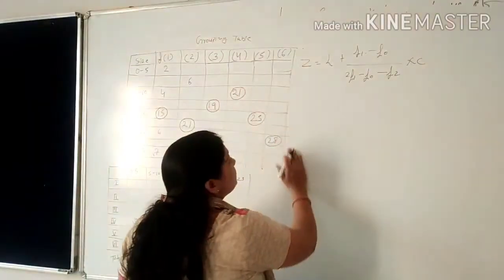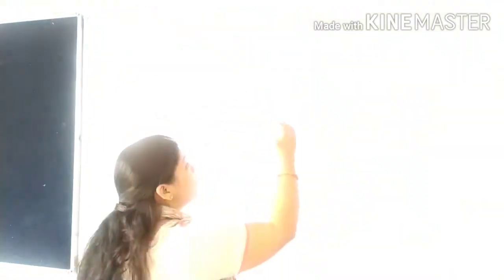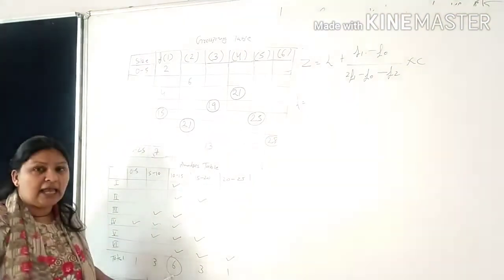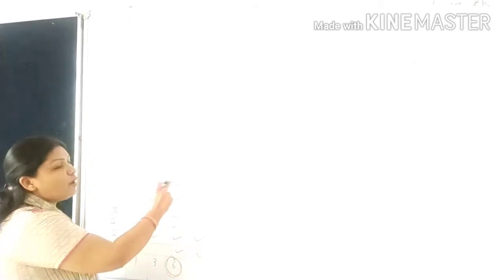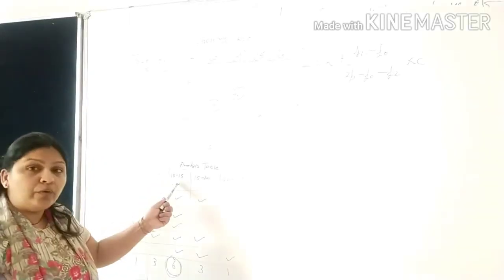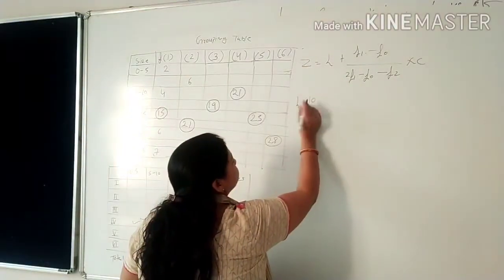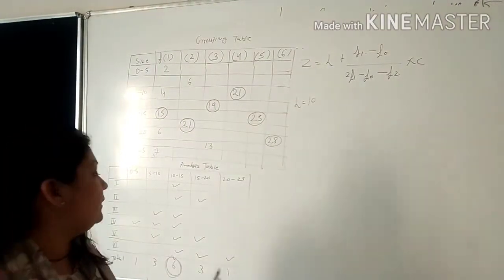Now for that purpose, our first question is, what is our L? Fine. So our L is, which frequency do you find in the analysis table? Which one, 6 is the highest frequency. So what is the group? 10 to 15. So among these, what is the lower value? 10. So your L is 10. You got my point? Your L is 10. Because you find that in the group analysis table.